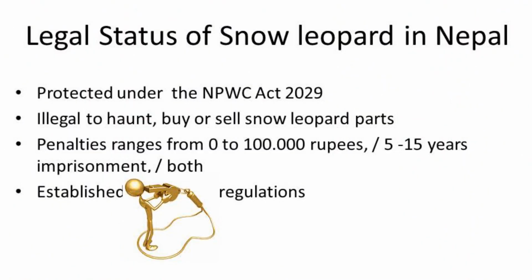Secondary trapping and poisoning has been rated high in Russia and medium overall. Steel trap sets for foxes, canids, and snares may also catch snow leopards even if these are not the intended target. Climate change, large-scale infrastructure and barriers, diseases, military and war are some of the other threats to snow leopards. Talking about the legal status of the snow leopard, it is legally fully protected under the National Park and Wildlife Conservation